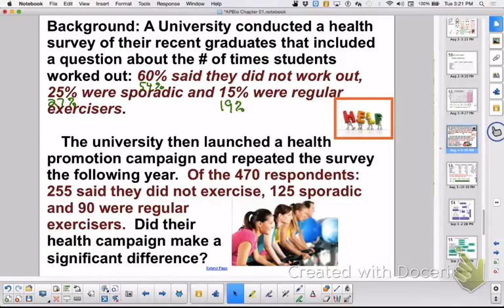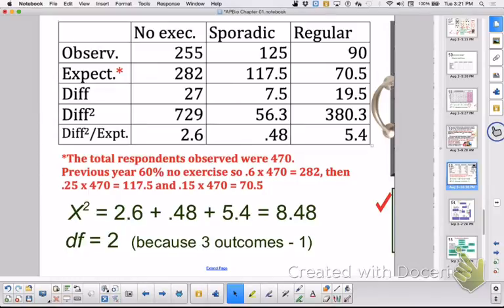Okay, the third one was 15%. What's the difference there? 4%, right? 4% squared is what? 16 divided by what we expected, which was 15%. Or you can change them into people. The other way to go about it would be to take 60% of 470, and 25% of 470. That would be the other way you could work this problem. And then you could just do number of people divided by it. And when you do your chi-square test, and you add up the numbers, it's